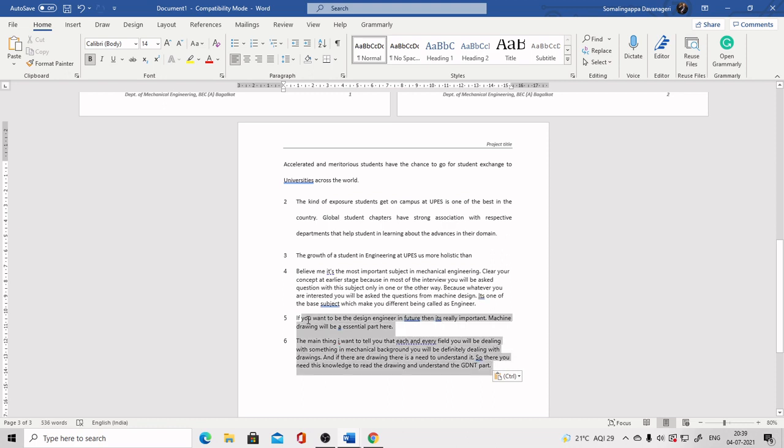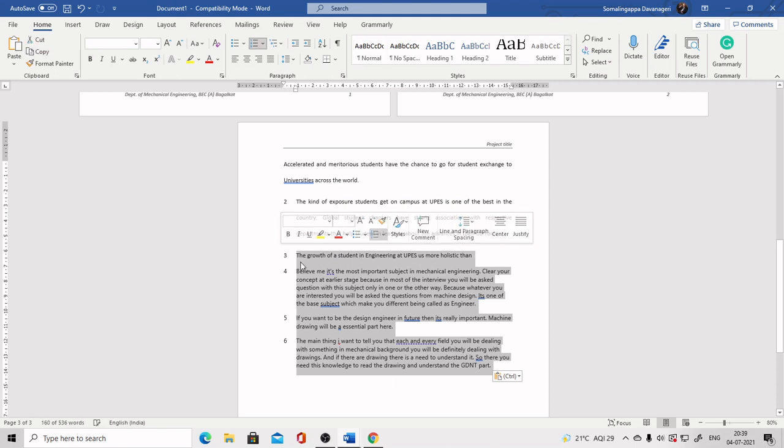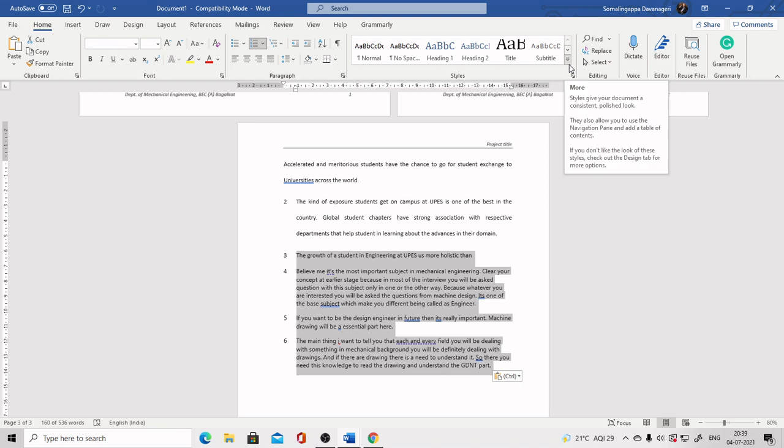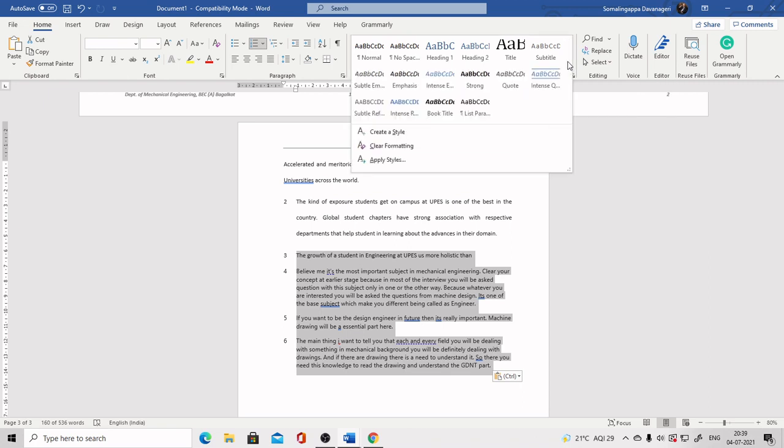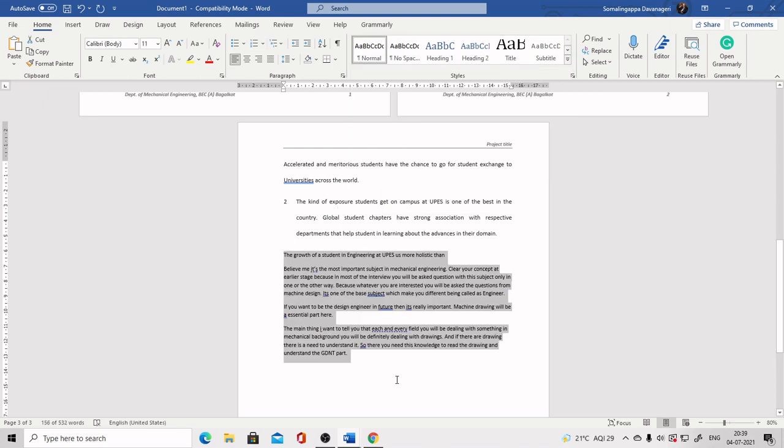Now suppose you want to clear the format of the content which you have copied either from a web page or from any other reports. You click on this styles option, use clear formatting. Just look at how the selected text changes.